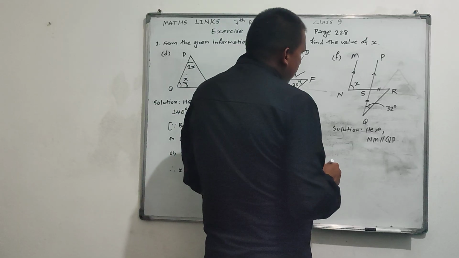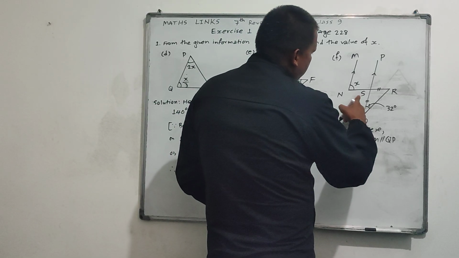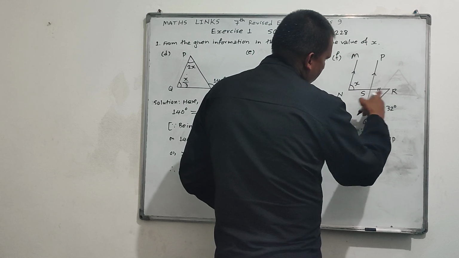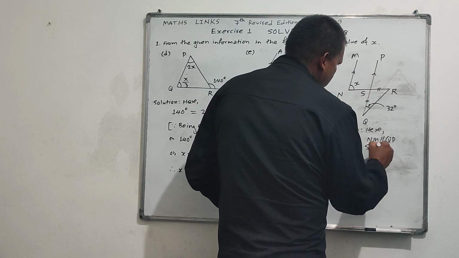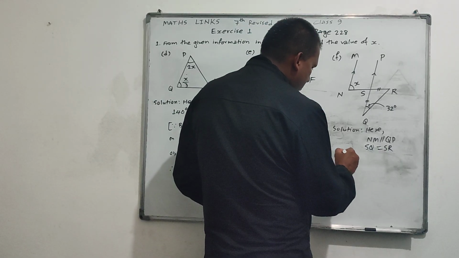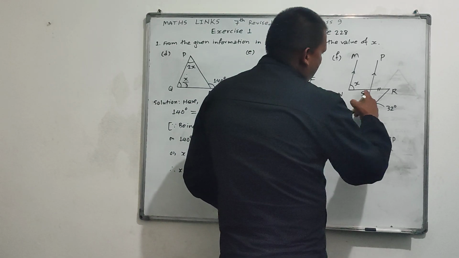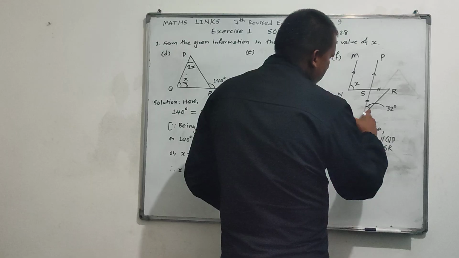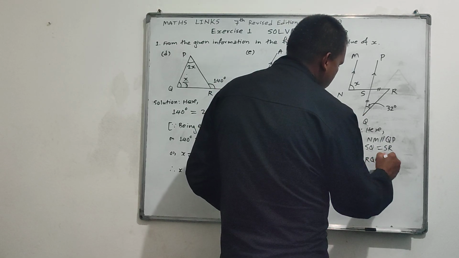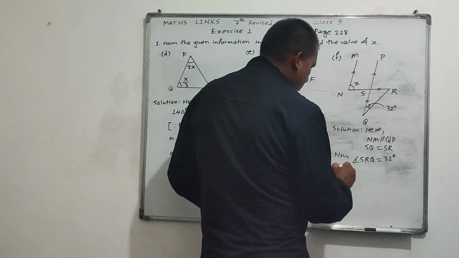Here, this triangle SQR is an isosceles triangle. Here SQ equals SR. SQ equals SR is given. Now angle SRQ equals 32 degrees because